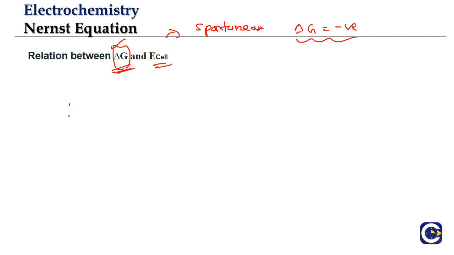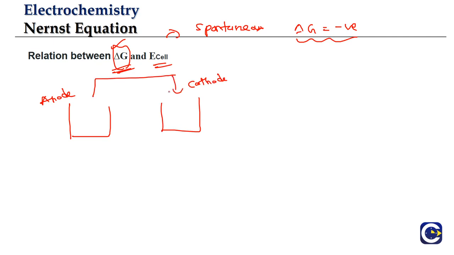If you look at any typical cell, let us assume we have an anode and a cathode. Remember, in the beginning of the discussion of electrochemical cells, we talked about how at the anode there will be oxidation, meaning electrons will be released. The electrons are going to go from anode to cathode, but our conventional current we assume to be in the opposite direction, because conventional current is always taken as the movement of positive charges. So we are moving charges through a potential difference. The potential difference value is nothing but E cell.